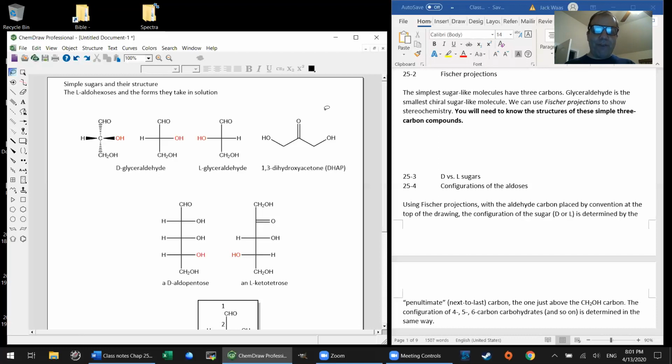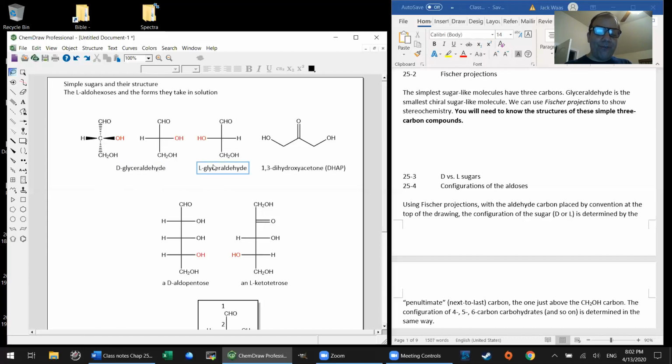I don't think you even really have to work at memorizing dihydroxyacetone. Even if you say dihydroxyacetone instead of 1,3-dihydroxyacetone, there's only one way to put that molecule together so that it all makes sense, right? You can't put the 2 OHs on the same carbon because that's a hydrate. That's not stable. That will lose water. So 1,3-dihydroxyacetone is the only sensible way to put those functional groups together. And so this molecule is not chiral.